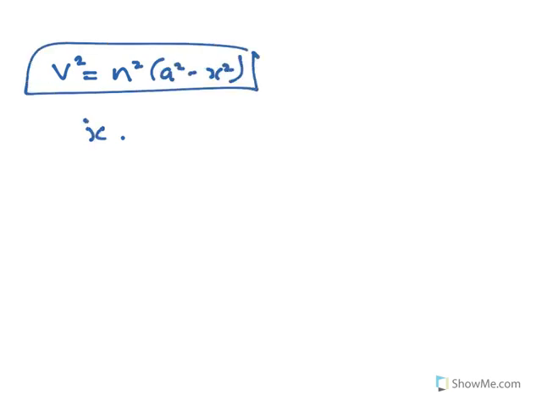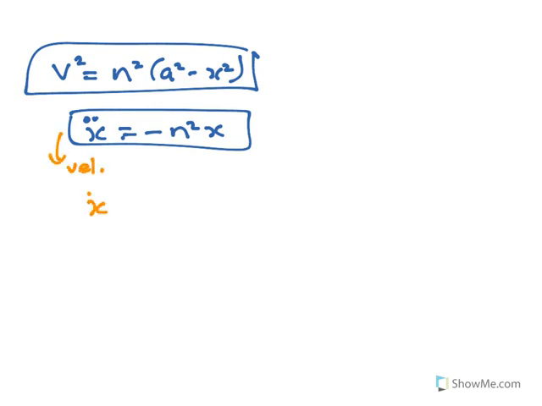Okay, so I'm just going to look at deriving the velocity formulas. We'll just do this one here. We're going to do it for simple harmonic motion, and we're going to do it from the acceleration. So you've got x double dot equals minus n squared x. Okay, so to actually go from acceleration to velocity, we need to replace x double dot with